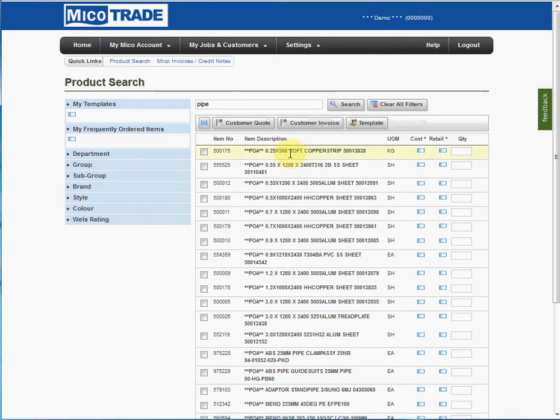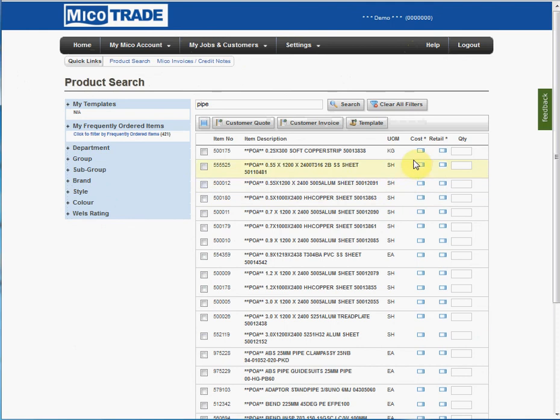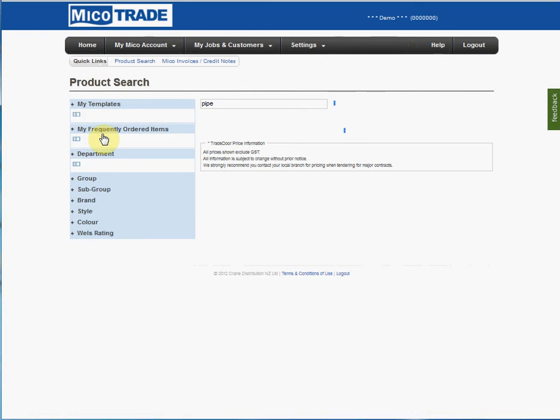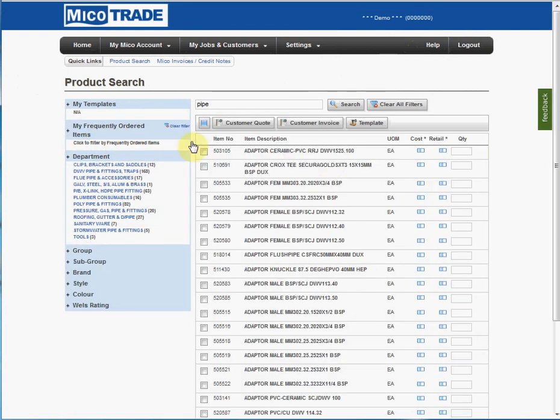And the first thing you'll notice is it loads the products and then it loads the pricing for you. The reason it does this is the pricing is now looking it up in real time. And then what I'm going to do is filter down by my frequently ordered items first. So now I'm getting my current pricing for all products with the keyword pipe in the description that I've purchased